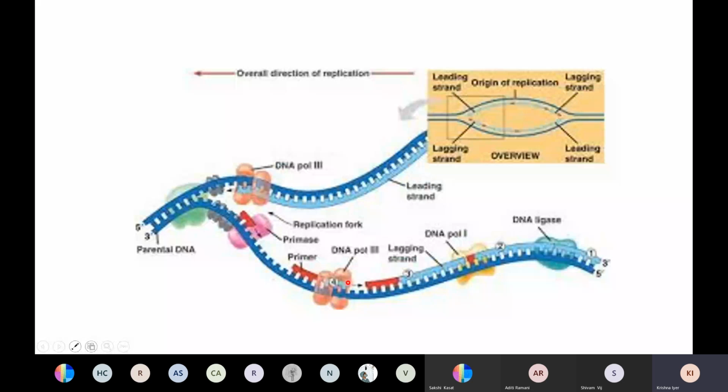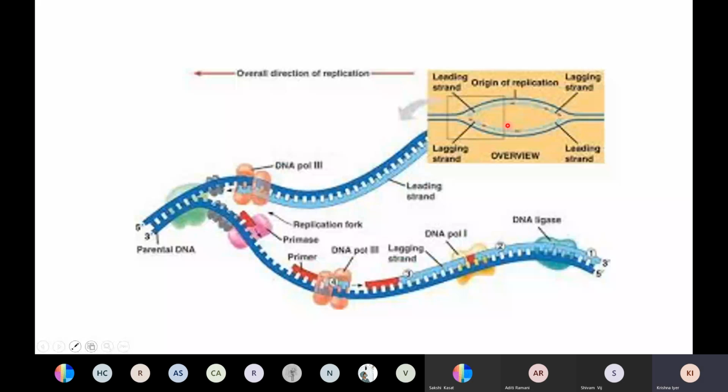So after a while, you'll find that this will also be completely DNA, although it has been made in a discontinuous fashion. Now again, the issue is that this is going to go continuously, while this is going to be stop, start, stop, start, stop, start, and that would create maybe a time lag. Now before we do that,